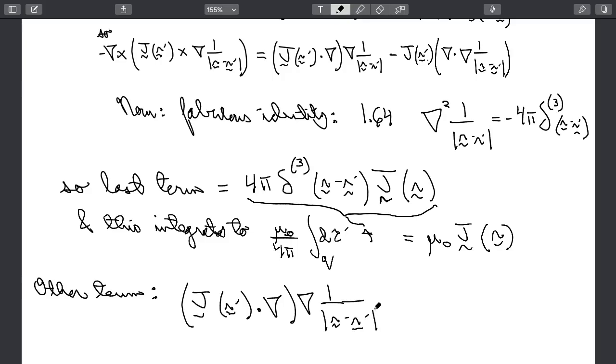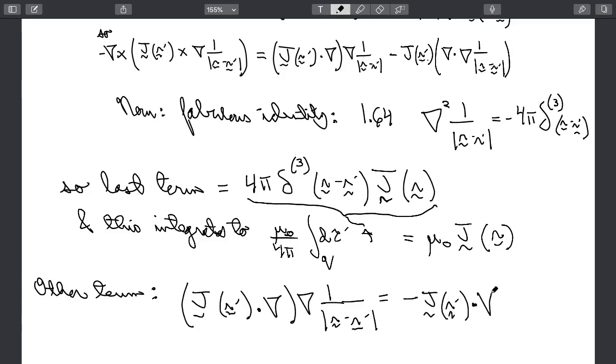Well, so what can I do? You see this, everything here is a function of r minus r prime. So what I can say is actually when I take the differential here, instead of taking the differential with respect to r, I'm going to take the differential with respect to r prime. But then, you know, the reduced argument is r minus r prime, so I pick up a minus sign. So what I can do is say, actually this is just like minus j at r prime